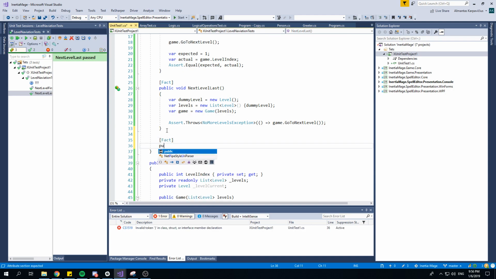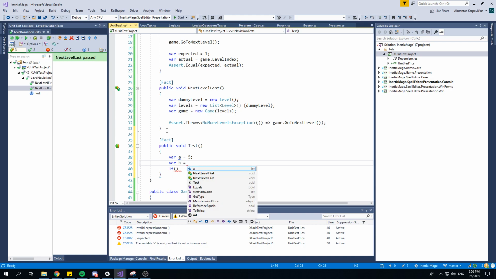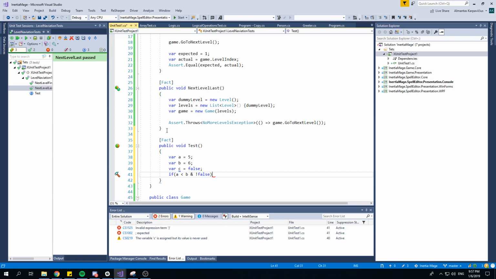So if we have something like var a is 5 and var b is 6, and if we have var c is false, so if we write something like a is less than b and not c, and then